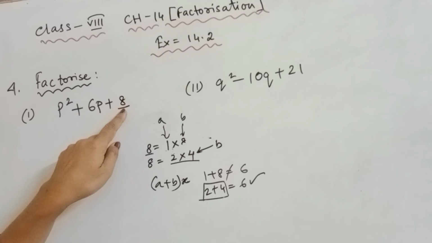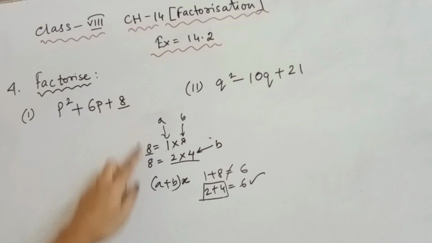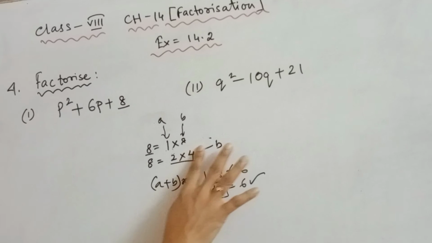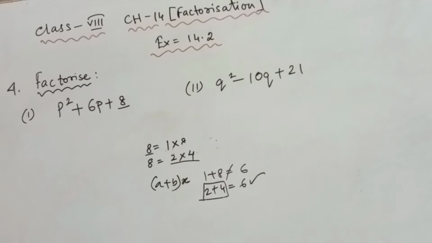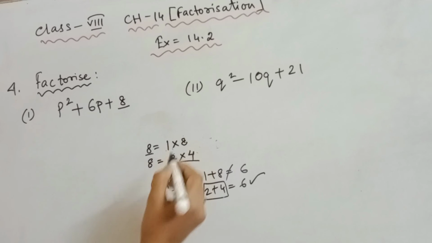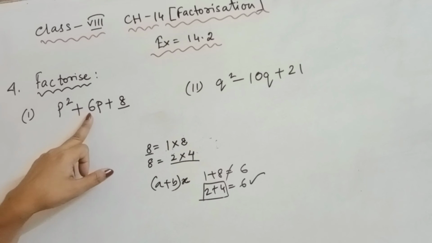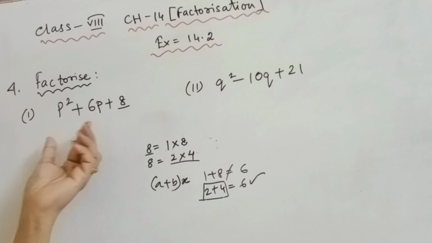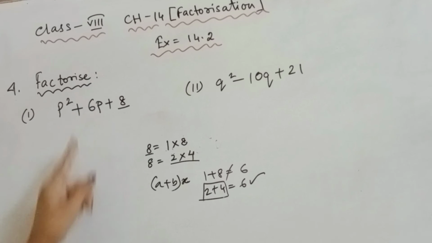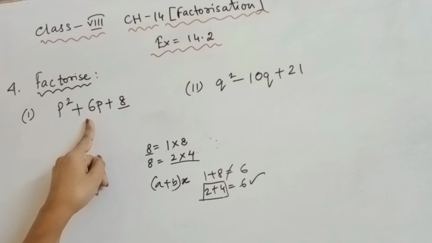Whenever we see the product, the factors of the last number, that is the product A into B, we have to find the possible products. When we have found the possible products, afterwards we have to see what will be the correct choice by which we can get the middle term also. We can say this kind of expansion is middle term factorization. So we are expanding the middle term.